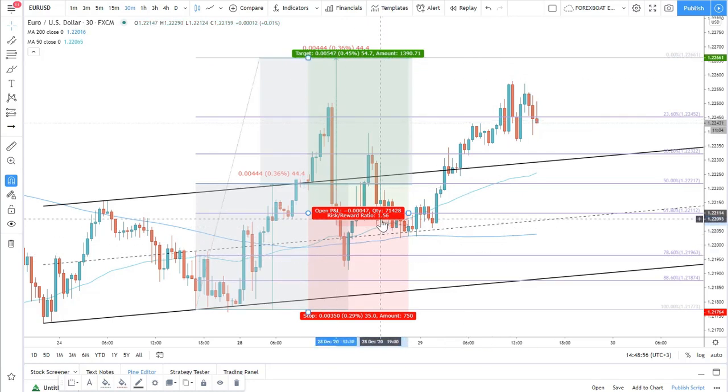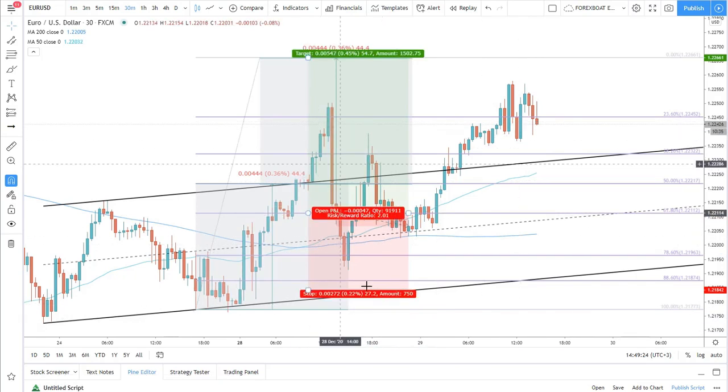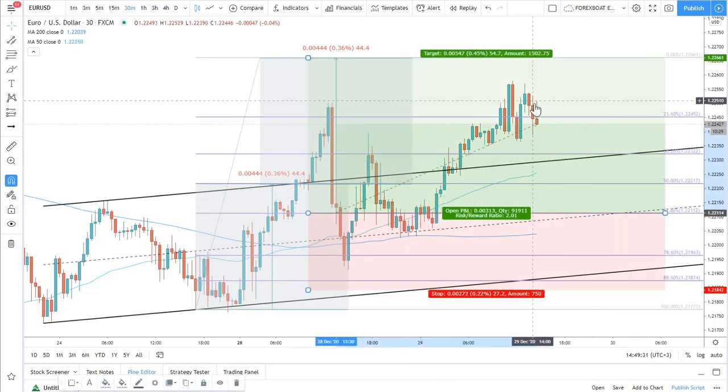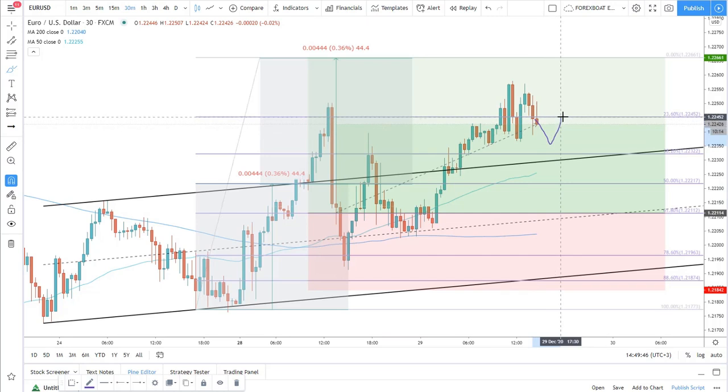In this case, the risk to reward ratio is 1.56, but we can also use different approaches, decrease it to have a risk reward ratio of 2. In our case, we have the potential target at 122.66. This could have been our trade, which means that there is still potential for the upside growth on the euro versus the dollar. Nonetheless, there are scenarios that you can see in the market, like price will go down, retraces,